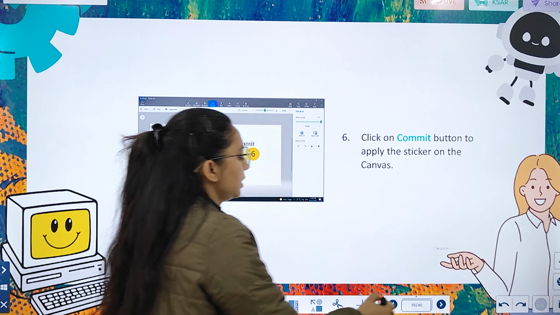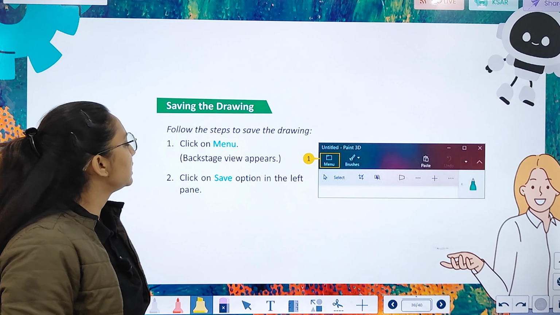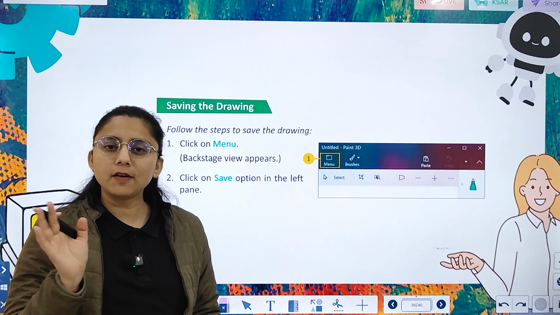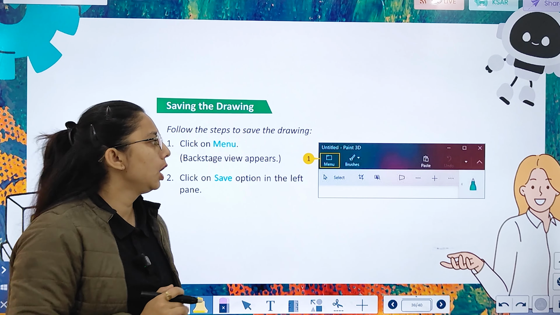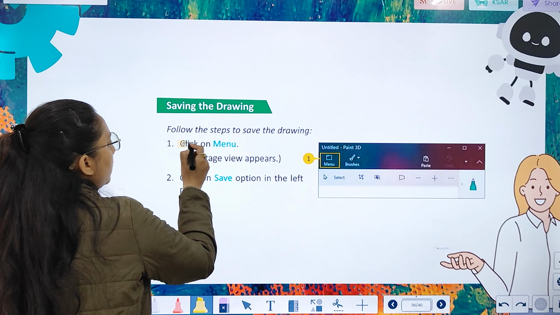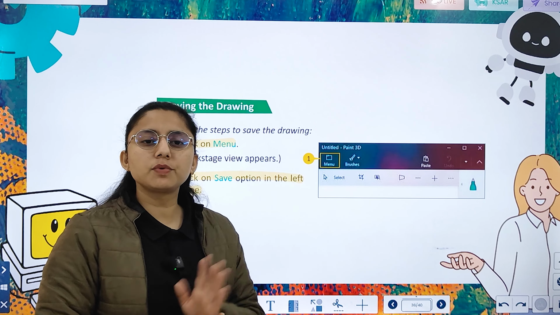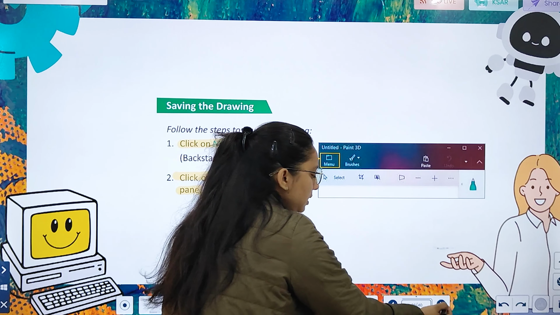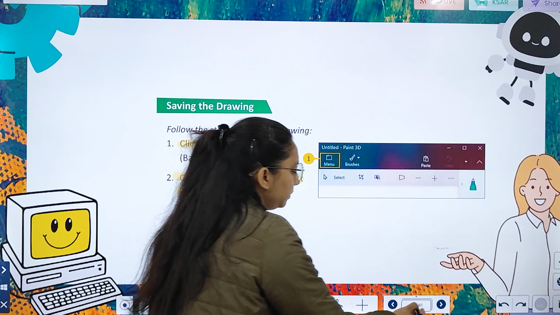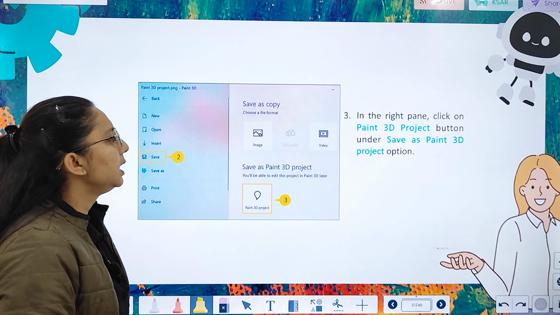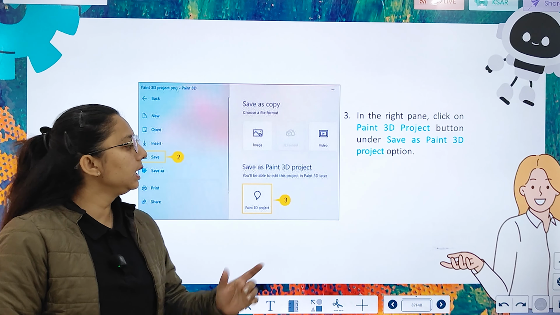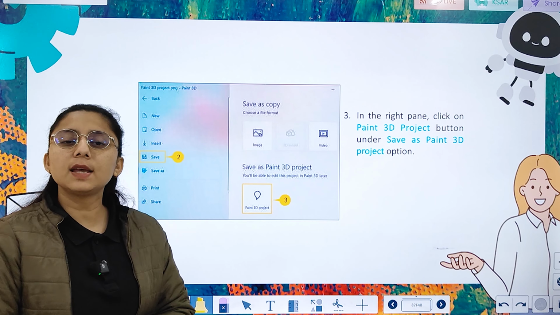Let's start with the next topic, that is saving the drawing. Now we have made our drawing, now we want to save it. So for that you have to click on menu, click on the save option in the left. Here in the menu there is the option of save as. You can go to it and in the right pane click on the Paint 3D program button and Save as